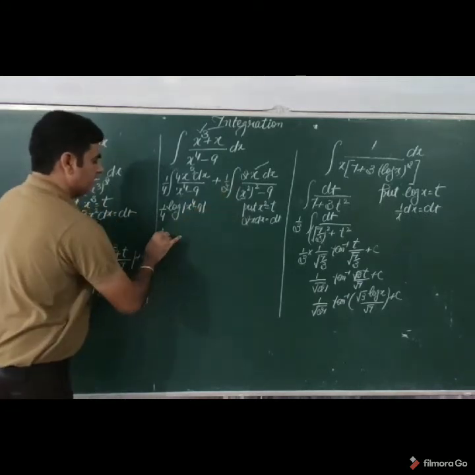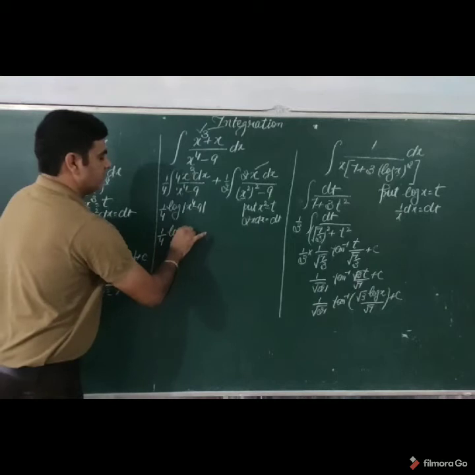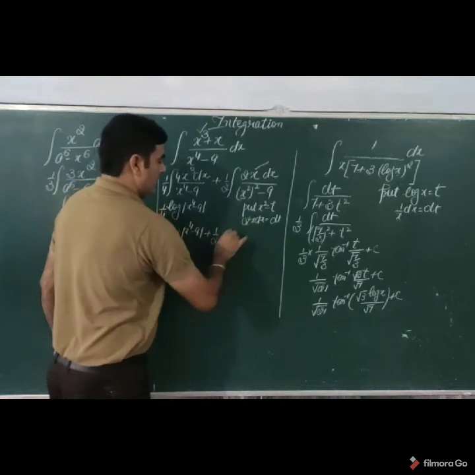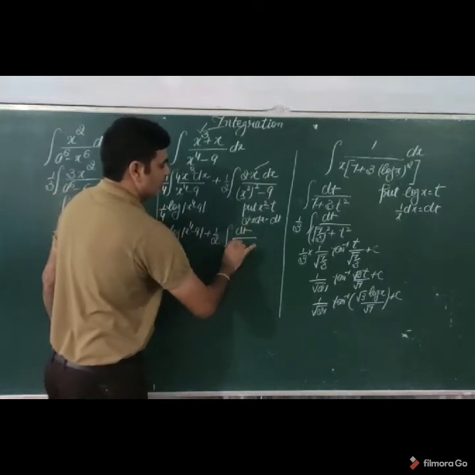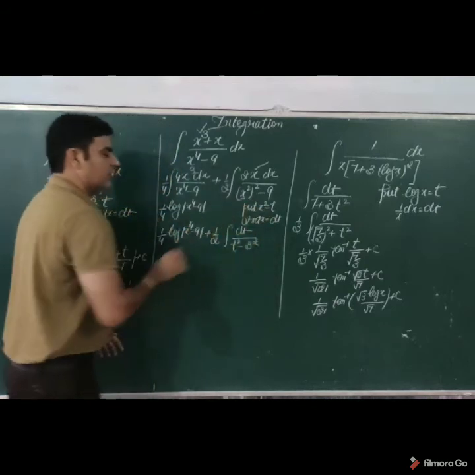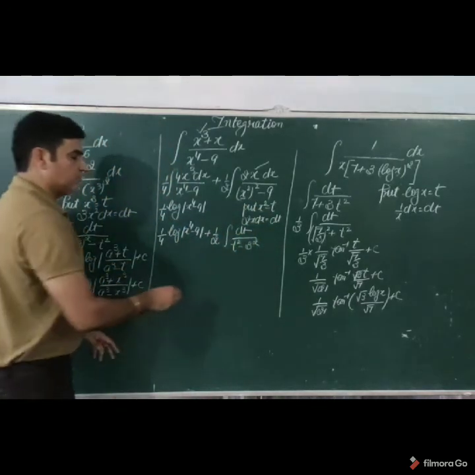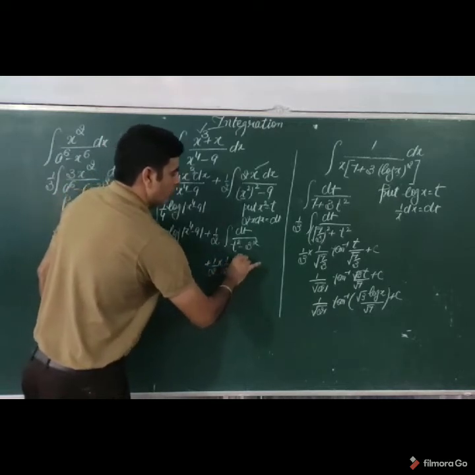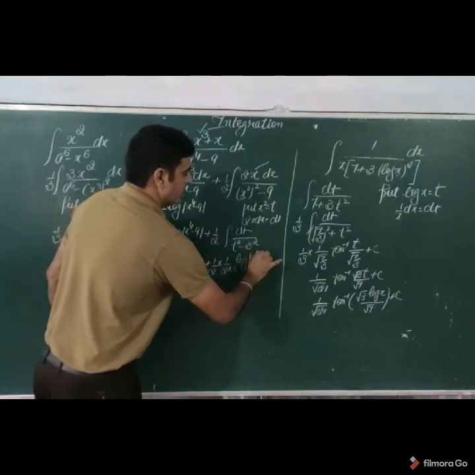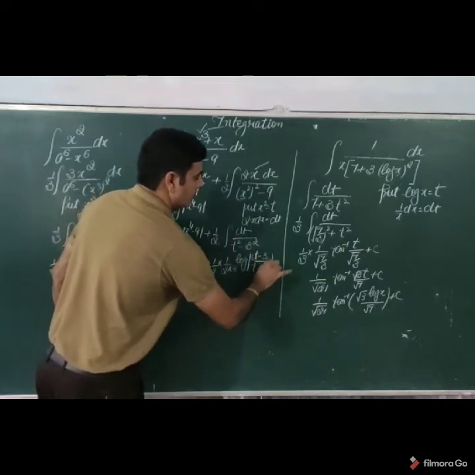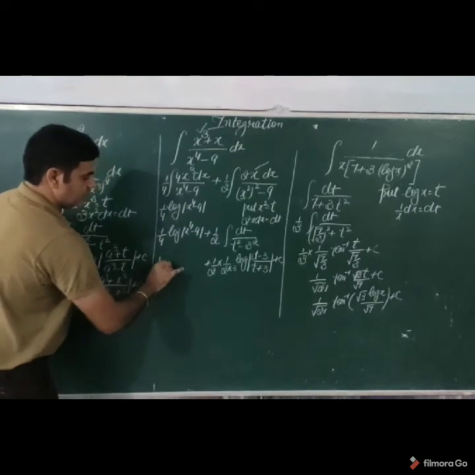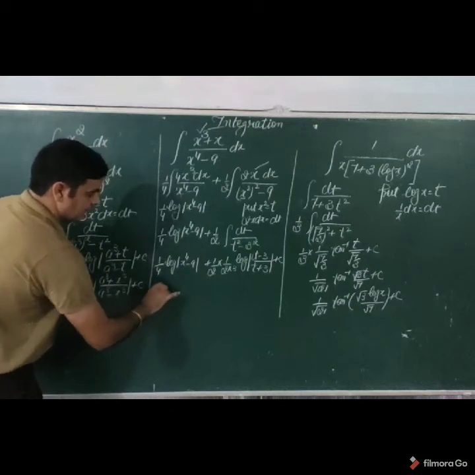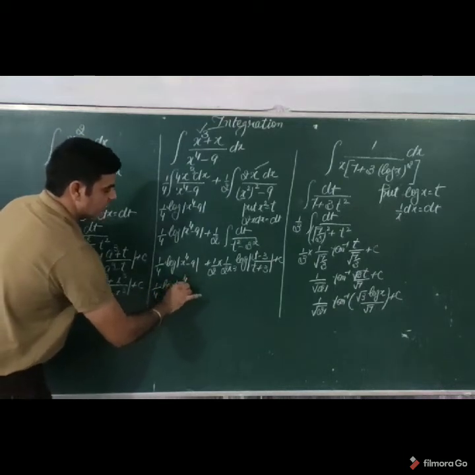For this, if you see it, we are writing again log of x to the power 4 minus 9, plus 1 by 2, as here the upper value is converted to dt. Then it will become t square minus 9. 9 can be written as 3 square. It becomes the rule of x square minus a square, which is given by 1 by 2a log of x minus a upon x plus a. Plus, the first one remains the same: 1 by 4 log of x to the power 4 minus 9.